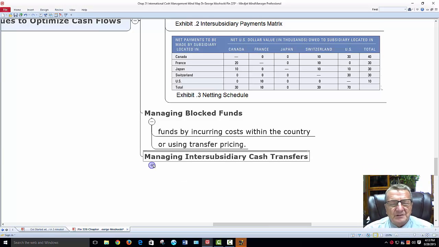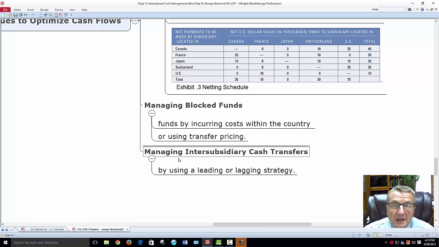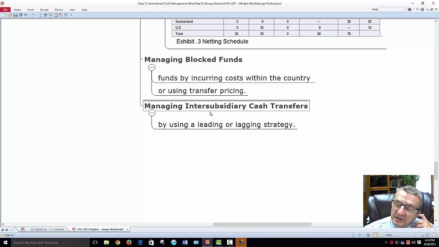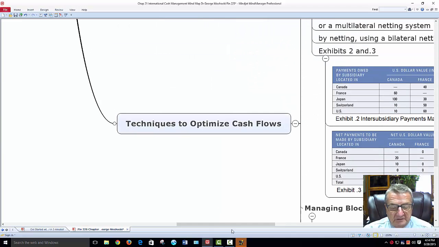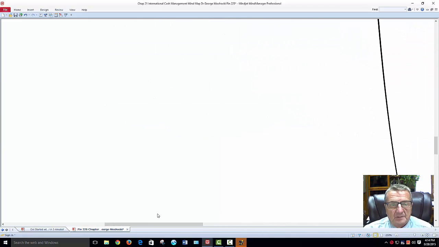All right, and then it's more in detail. Okay, because it all has to do with cash. Here's just the cash coming in, and always remember I want a steady flow of cash. Look at it as a water supply. I need so much here. Anything above that, I may have to pay extra or acquire from someplace else. But I need that steady flow to run my operation. Okay, so managing inter-subsidiary cash strategy by using a leading or lagging strategy depends on what's going on. Which one's going to lead and which one do I slow down on or lag.